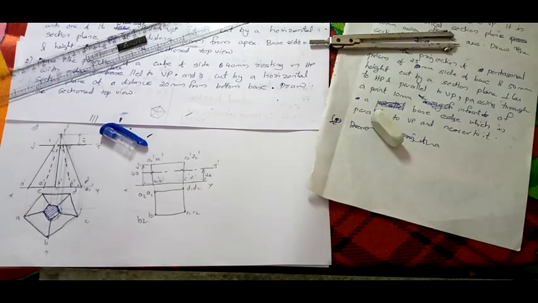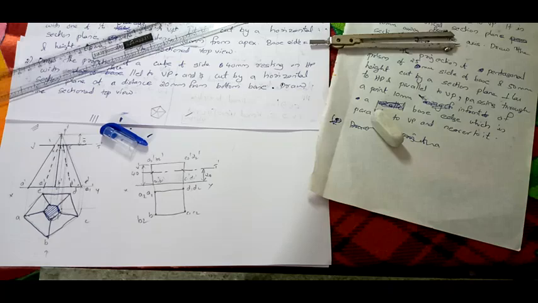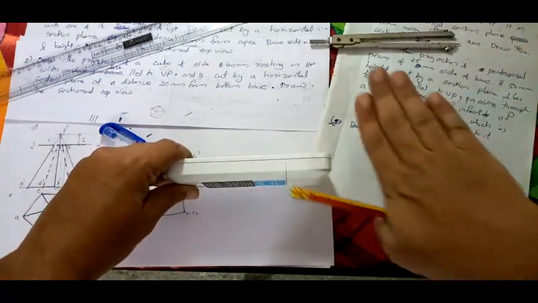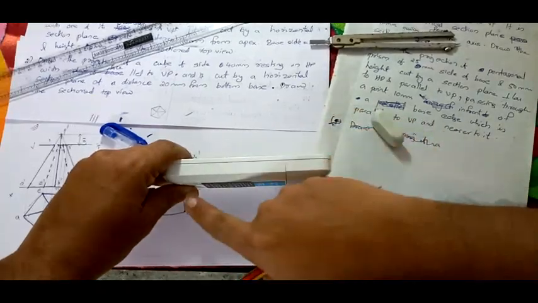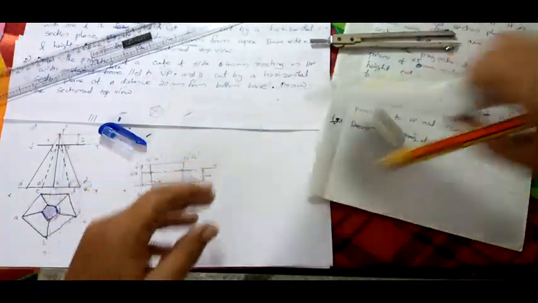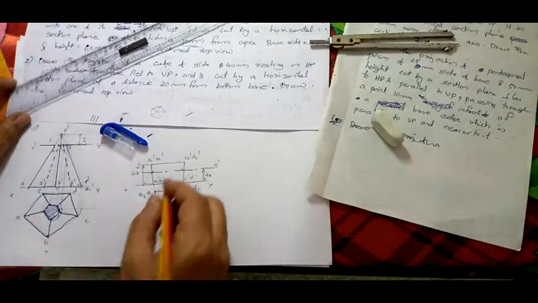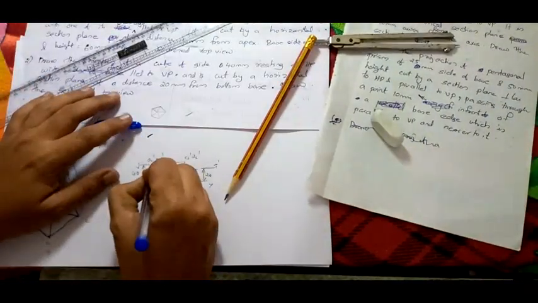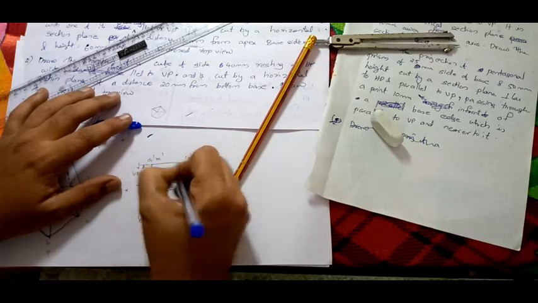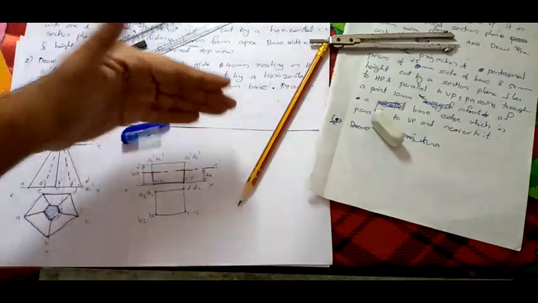So actually see something, it's very simple, quite natural to understand this time. If you have something like this, and if I am cutting parallel to this, it is removing the whole portion up, right? So a prism has a peculiar property like this. So what will happen? The full portion, this will be your front view. See, this will be your front view. So you are removing the top portion.